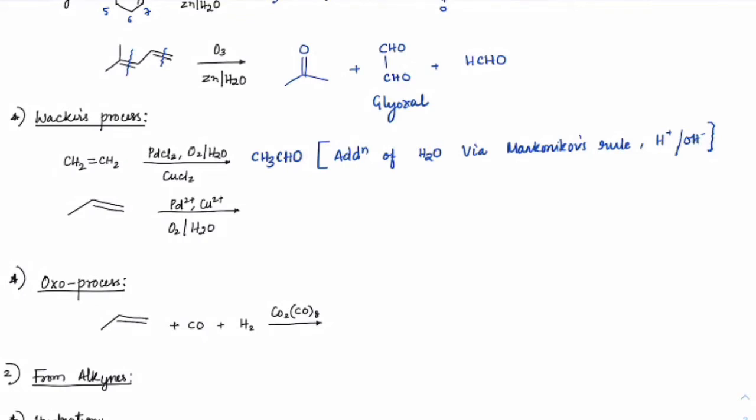Wacker's process, without rearrangement. Suppose if you have here double bond, see it is more like an addition process, right? So we have already on that double bond, imagine like this, we have already H here and OH2 been added on this side, got it?